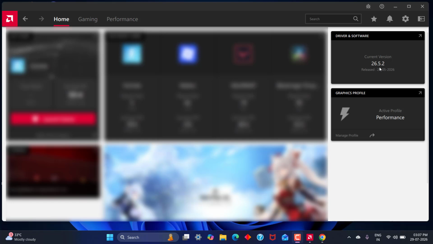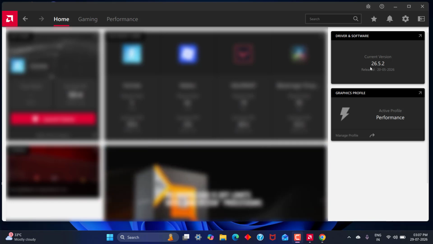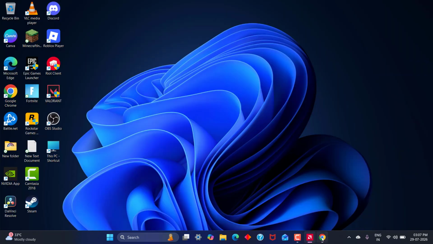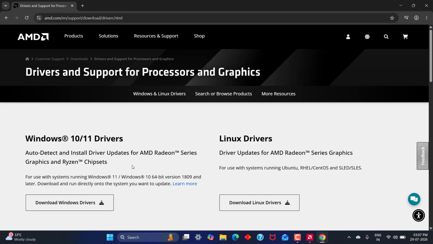It contains the current version. Check the version of the software. Once you've checked, come back, open up a browser, go to the official website of AMD,